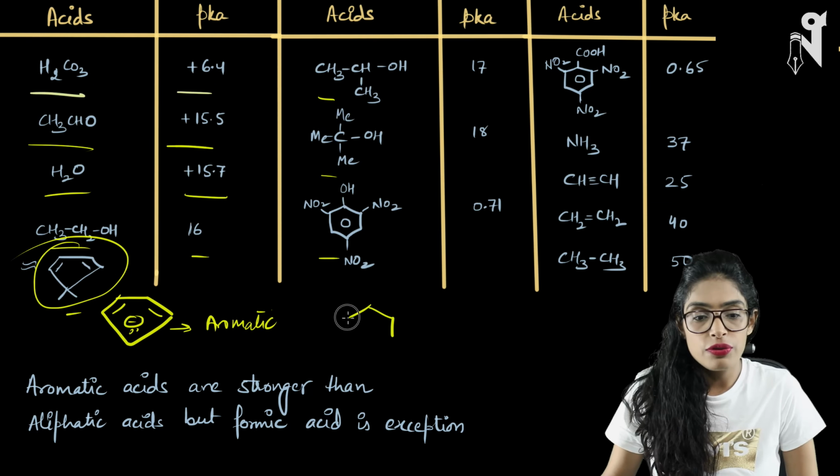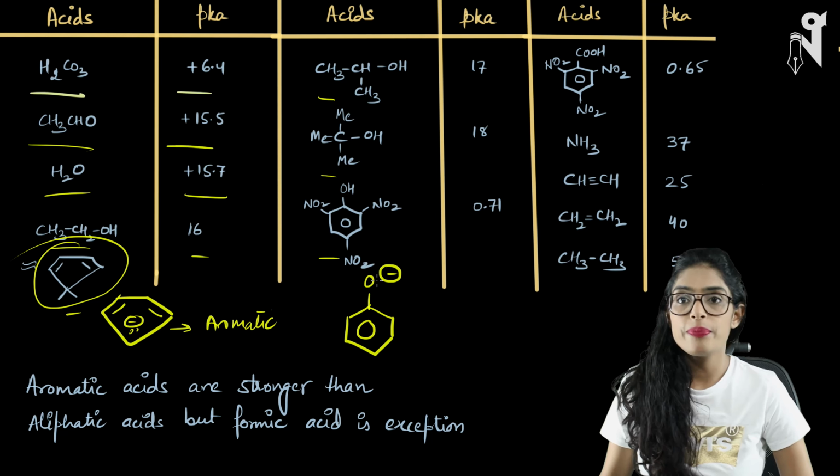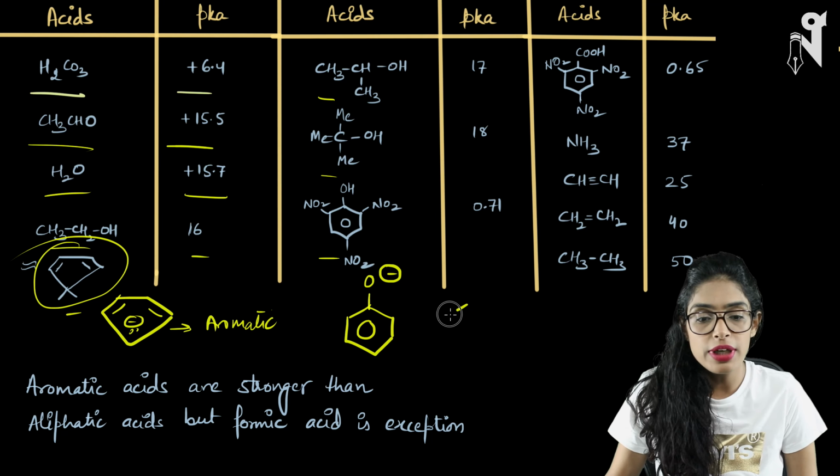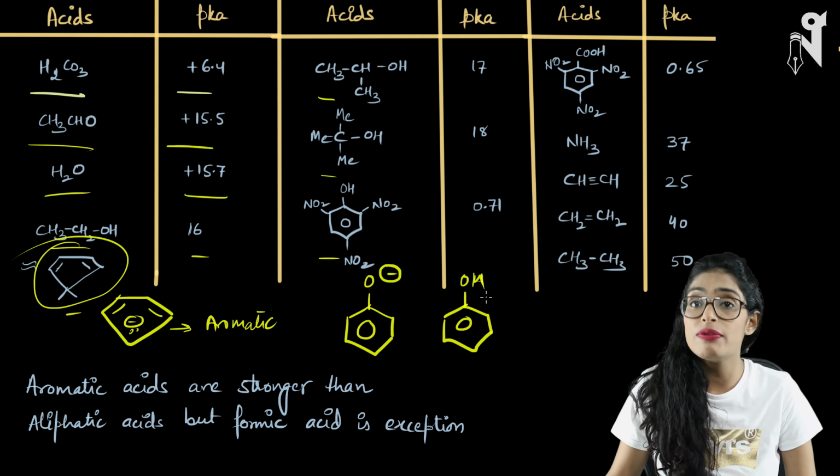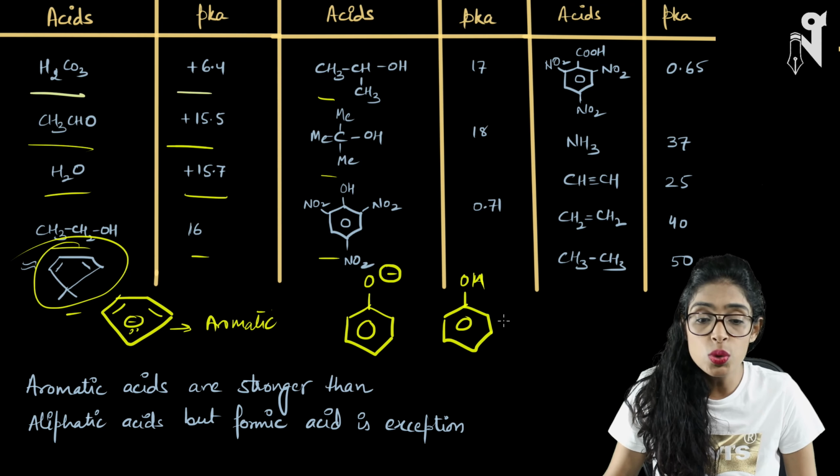So let's talk about phenol. When you're talking about phenol, phenol preferably wants to become phenoxide ion. What is the reason behind it? See, we have phenol and phenoxide ion. When we are comparing which is more stable, why does phenol want to become phenoxide ion? Because it will lose H plus,